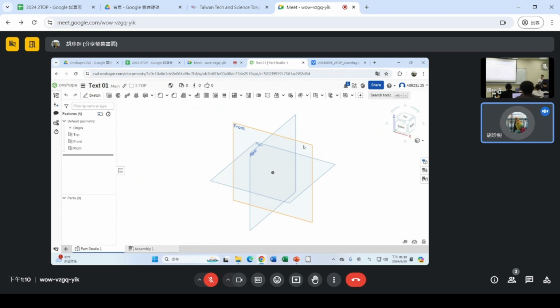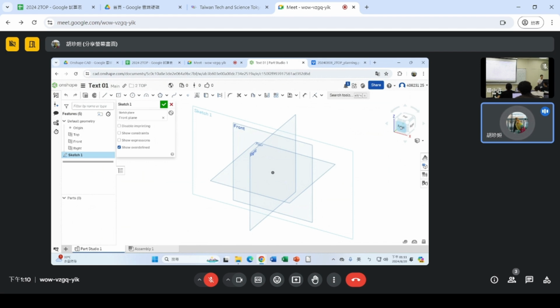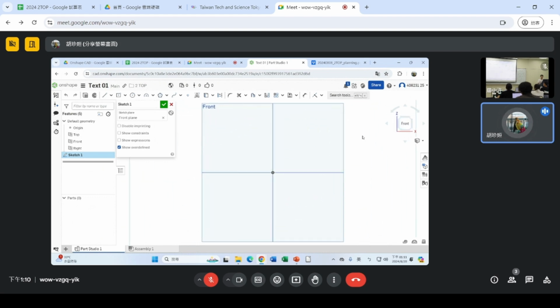So everyone, open your document about text 1. Okay, so now we look at the front view. You click the front plane and click the sketch. And here you can click this square and click the front. And you can look at the front view and click the line